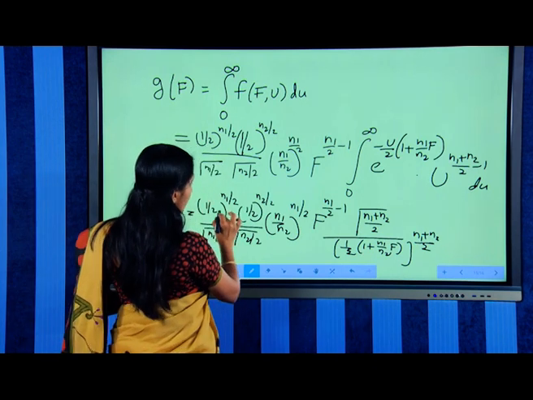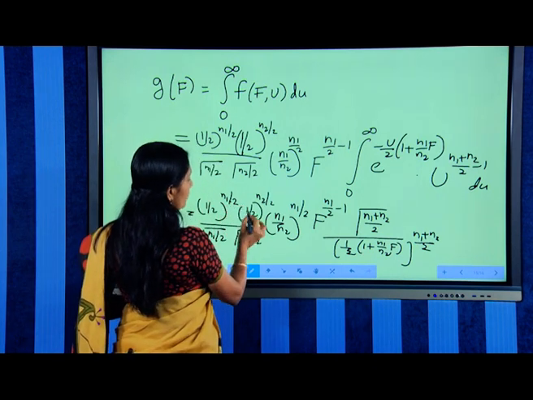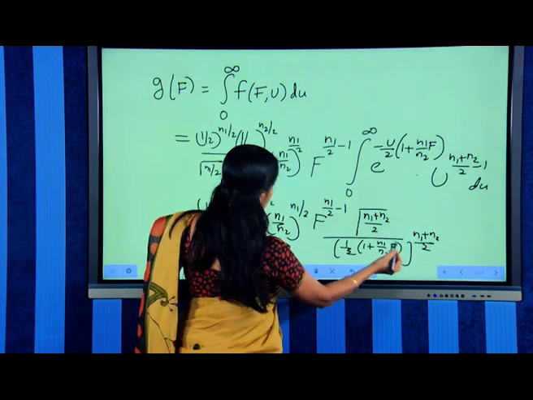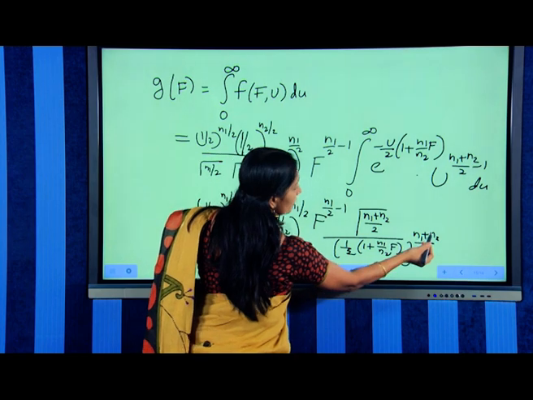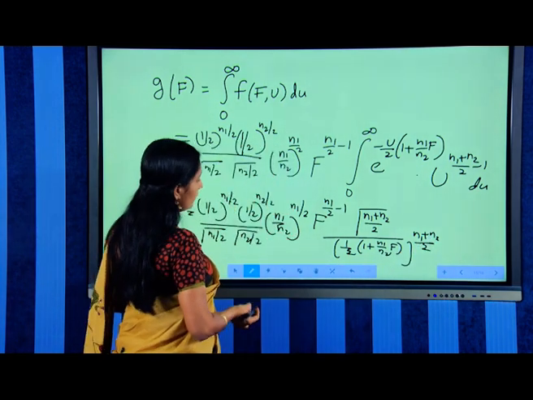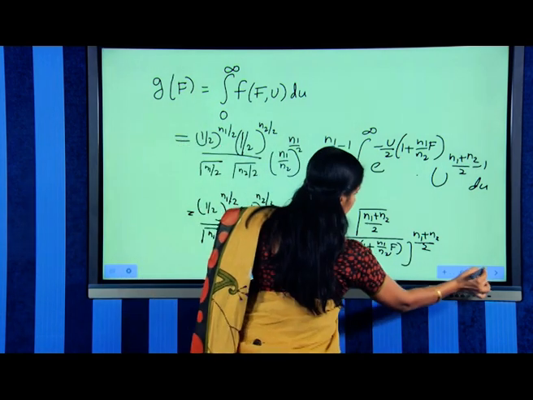Here we have 1 by 2 raised to n1 by 2 into 1 by 2 raised to n2 by 2. Here also we have 1 by 2 raised to n1 by 2 into 1 by 2 raised to n2 by 2. So, those two terms are cancelled, and finally, we get